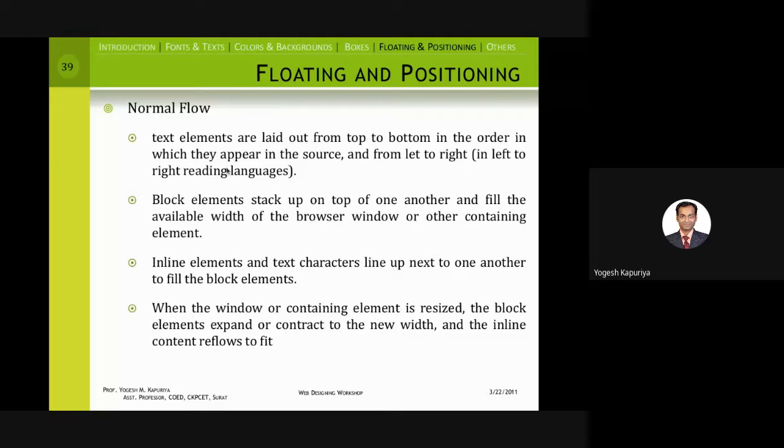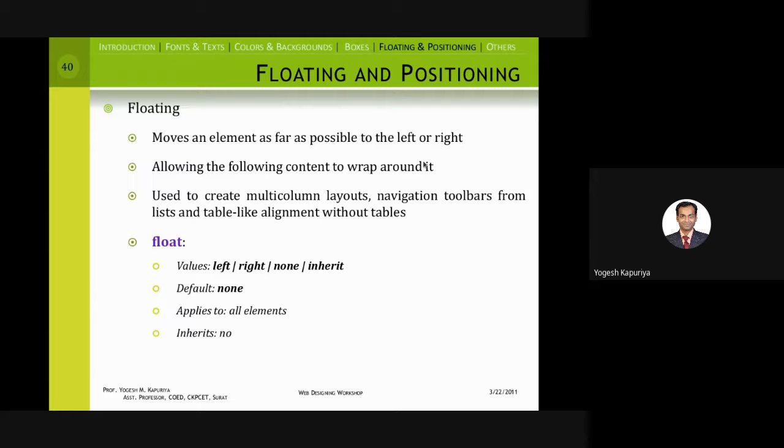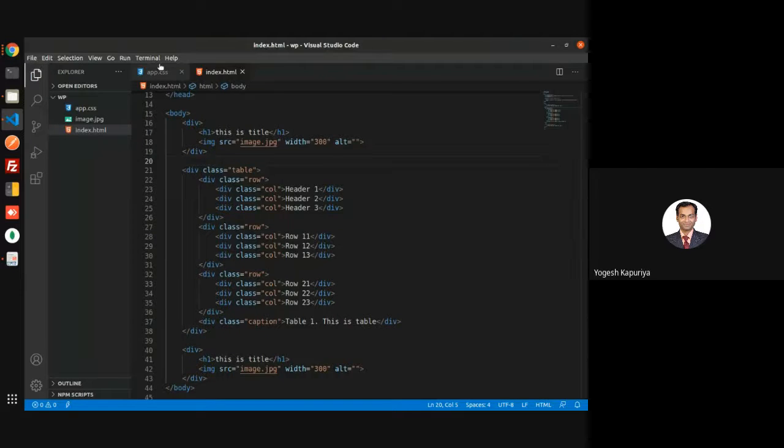The regular flow is from top to bottom and left to right, but when you want to have an exception in that, then you can use the float property. So there are mainly four values of float: left, right, none, and inherit. Left will specifically put it on the left, even though by default it is left only, but still the default value of float is none. So when you write something as float left, then again it has its own consequences.